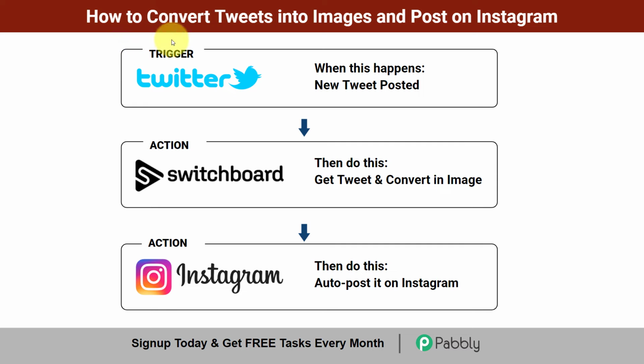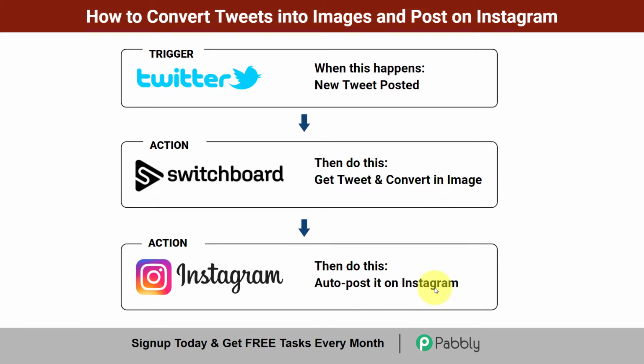In this video, we will learn how to convert tweets into images and post them on Instagram automatically. So the idea here is whenever a new tweet is posted into your Twitter account, we are going to convert that tweet into an image using this Switchboard Canvas application. I'll tell you about this application in the video, and automatically post the same image on your Instagram account